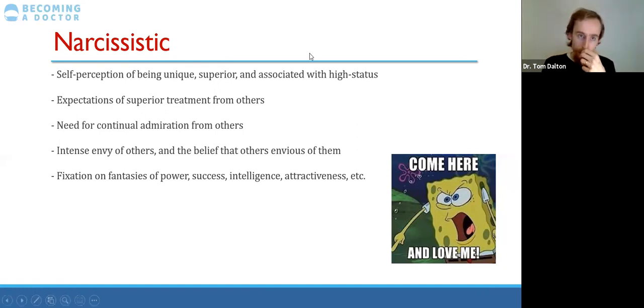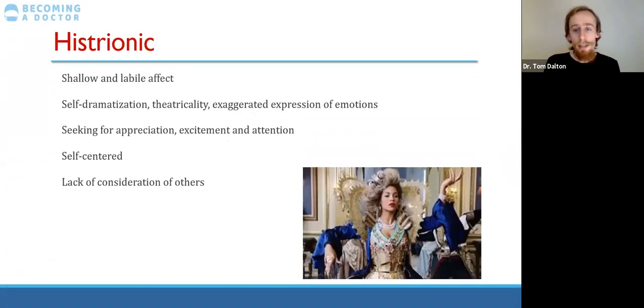Anyway, I guess you can think of this in terms of its etiology perhaps as a defense against experiences in childhood of being completely powerless and worthless, and almost the way to defend against that horrible period of experience is that you kind of jump to the opposite end of the pole, and the only way to keep those feelings out is to be the opposite and to be "I am the best thing ever," perhaps, is a very simplistic way of putting it. Anyway, that's narcissistic. Then we've got histrionic,